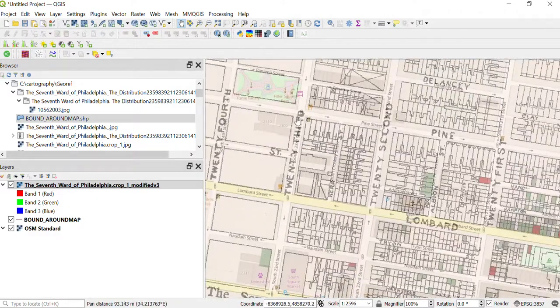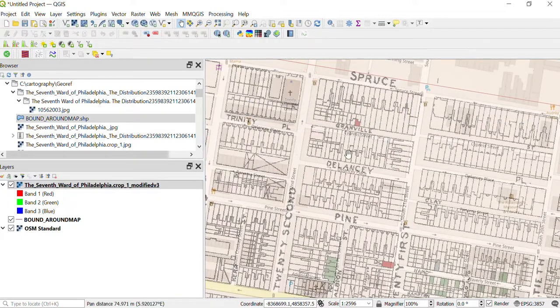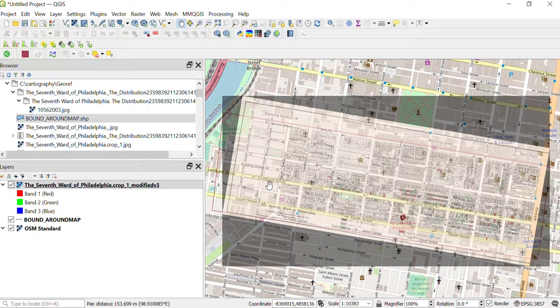But again, this could be the historical nature of the map. What I'm looking at also is just do the streets run along the streets, like Pine runs along Pine. Right, this handwritten is the old historical map. So we're in good shape. So that is it for georeferencing. The next step we're going to do, which I'll show you in another video, is we're going to digitize the map. I do want to add that this version 3 map